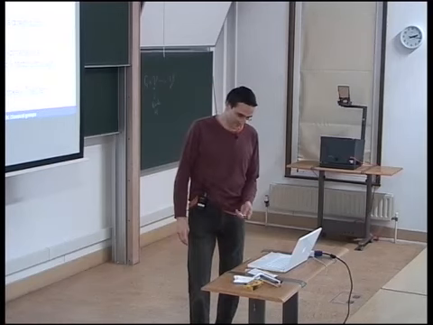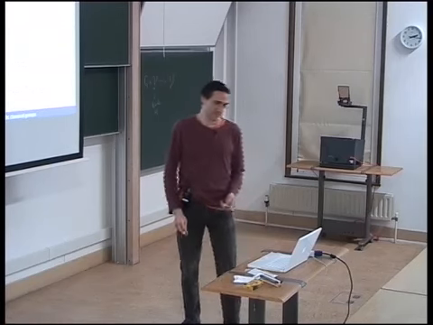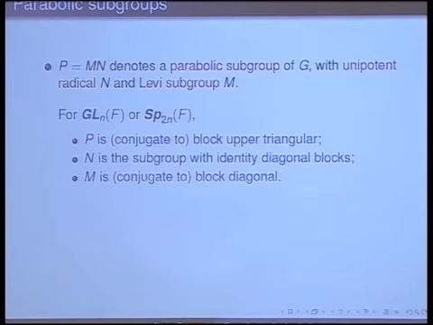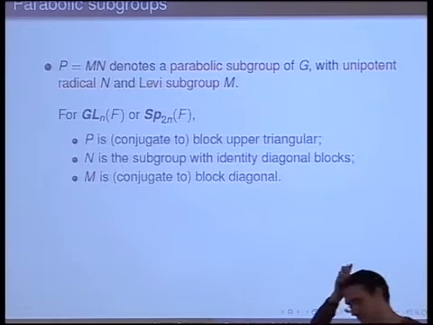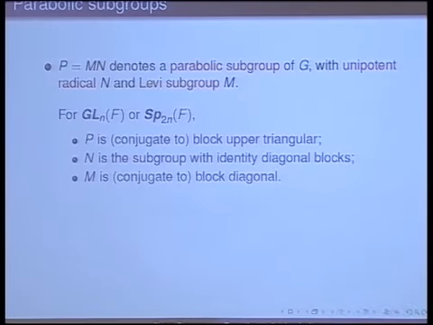Okay, so those are some basic facts. This next part I'll go through quite quickly since everybody knows this. I want to talk about ways of constructing representations, and the first method is parabolic induction, which I think is also called Harish-Chandra induction. You take some parabolic subgroup P of G with a unipotent radical N and Levi subgroup M. For GLN, or indeed for Sp2n, certainly in the way that I've chosen the basis, P is just conjugate to block upper triangular with some block sizes. N will be the subgroup where you get the identity on the diagonal blocks, and M is just the diagonal blocks.